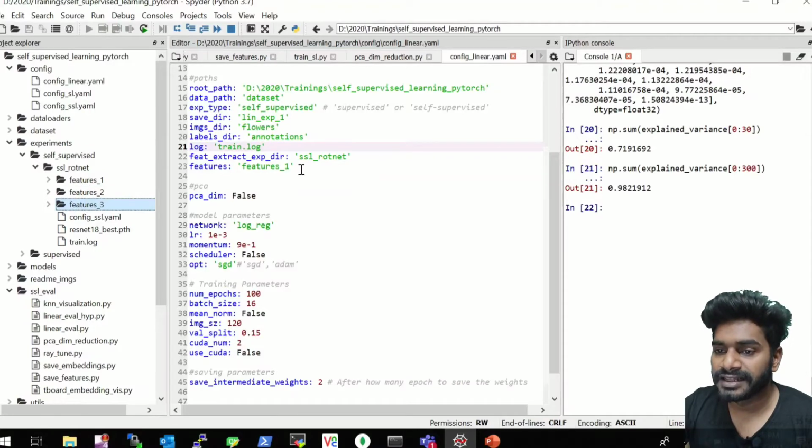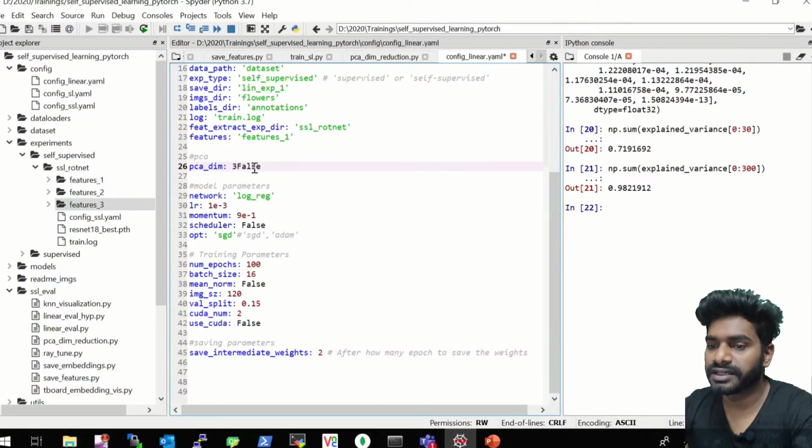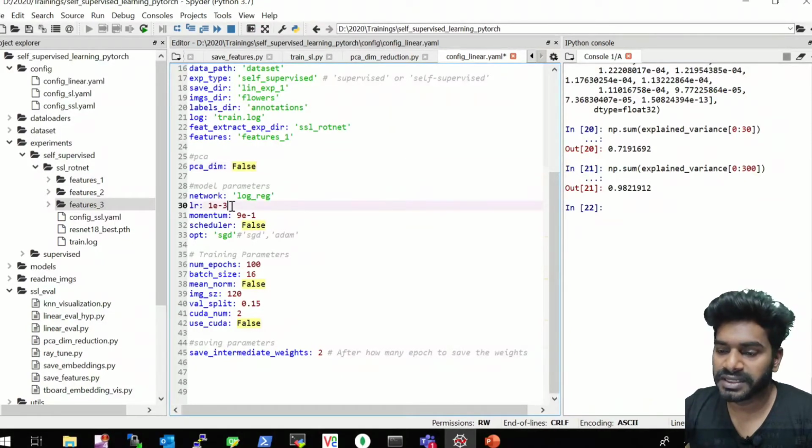you can just mention it here. Then PCA dimension: if you put PCA dimension as false, then it will use the dimension as saved in this pickle file. But if you give a dimension, say 300 or 400, then it will reduce the feature dimension to that before training. And this is the learning rate, momentum, scheduler, the optimizer, epochs, batch size, and we don't think we're using